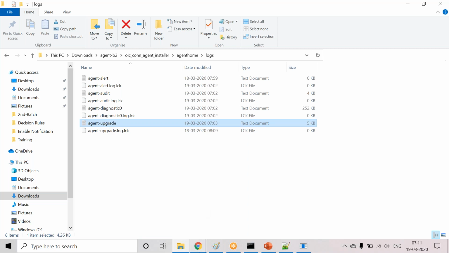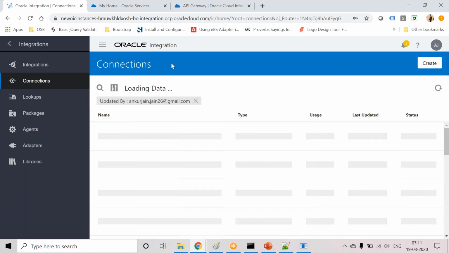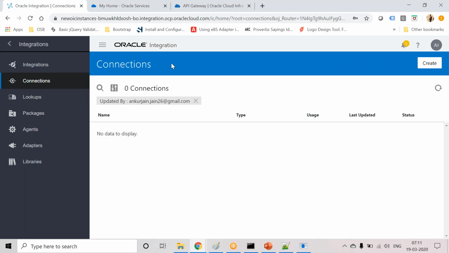Okay. Now let's move on, and today I'm going to use the file adapter. Now guys, earlier we have seen the FTP adapter, and now we are seeing the file adapter. The FTP adapter and file adapter both deal with files, but there are differences. In the earlier releases of OIC, the FTP adapter only talked to SFTPs which were accessible over the internet, right? But this time what they have done,